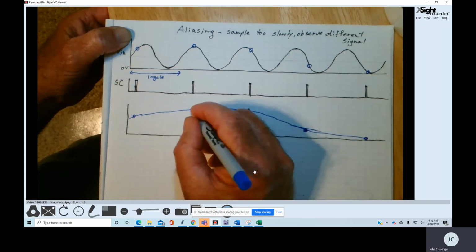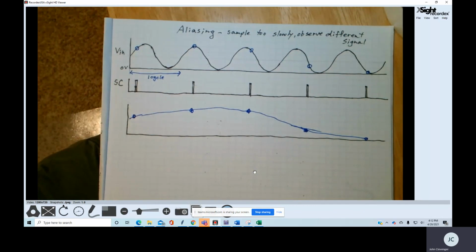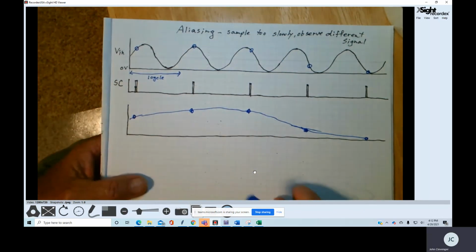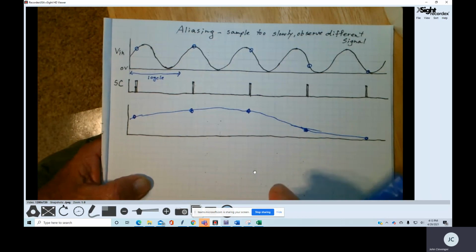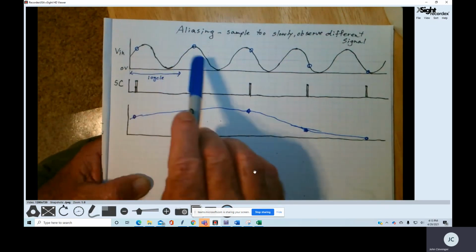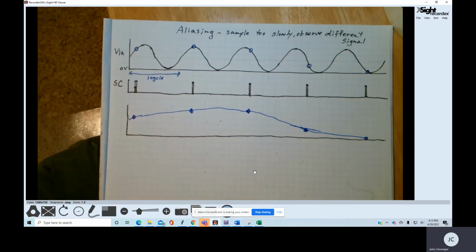So what we would see on the screen is a waveform that has a much lower frequency, a much longer cycle time than the input waveform. And this happens solely because our sampling rate is much too low for the frequency of the input signal. So in order to recreate this information on the screen, we would have to sample it at least